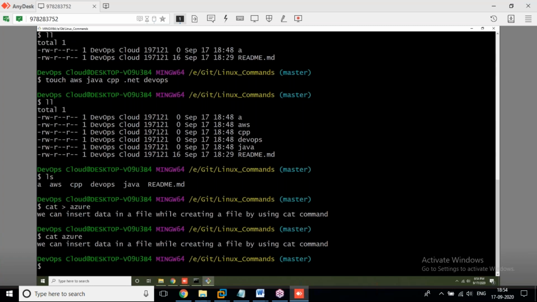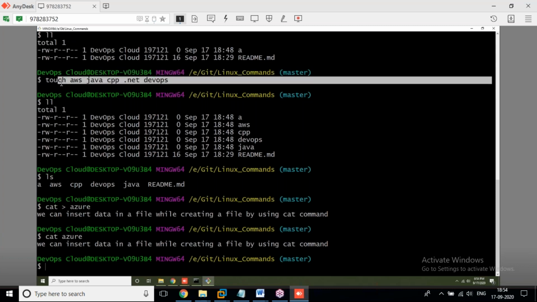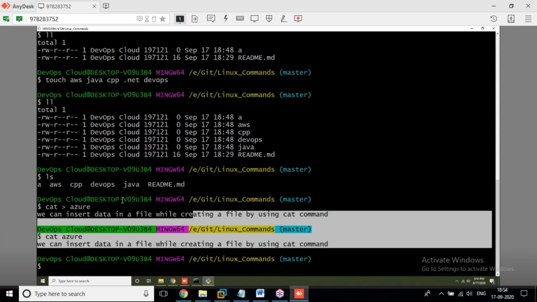Okay. Now see. We applied two types of commands in cat. One for creating a file, and one to open your file. Whatever you want to see data from your file, we can apply that cat command. And the touch command: by the touch command, there is no chance to insert data in a file. Already we discussed it yesterday also, but today repeated. But this is the new concept, I think, today.